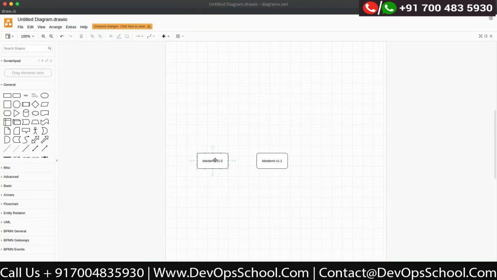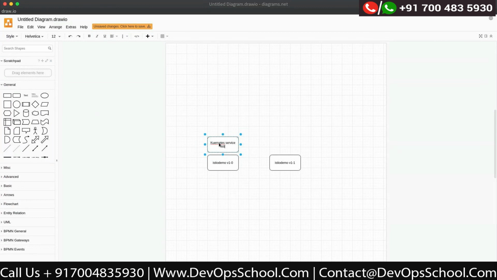Currently what I have is one Istio demo v1. This is the pod, and then another Istio demo v1.1. This is also a pod. On top of this, I've created a Kubernetes service, and the name I've given to this Kubernetes service is again Istio demo v1.0.